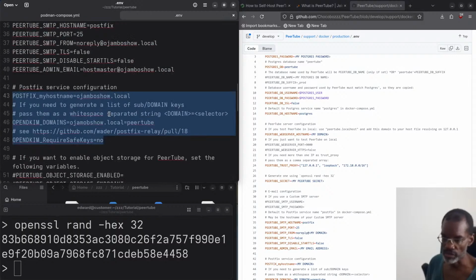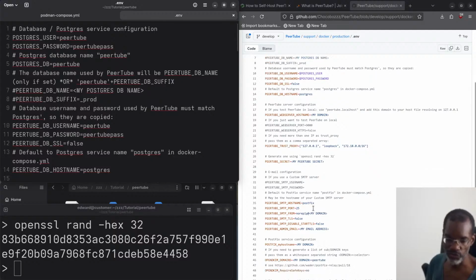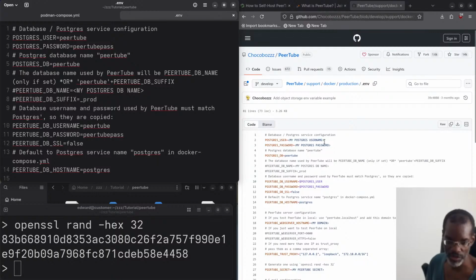So that's it. As I said, those are the only changes I did to the environmental file, as you can see here. I'm not joking. You see, it's exactly the same as on the PeerTube GitHub page. All right, now with that said, there's more stuff we need. So let's go